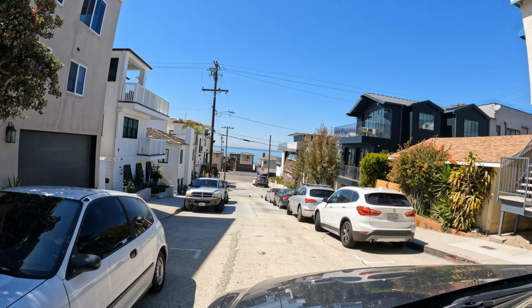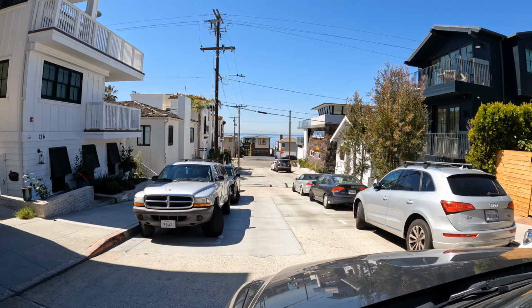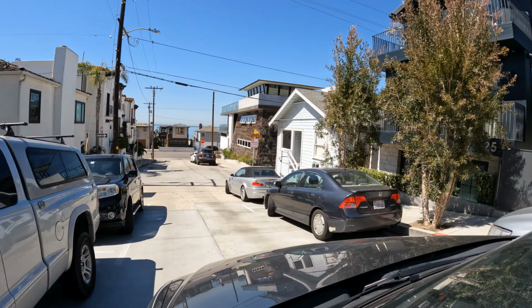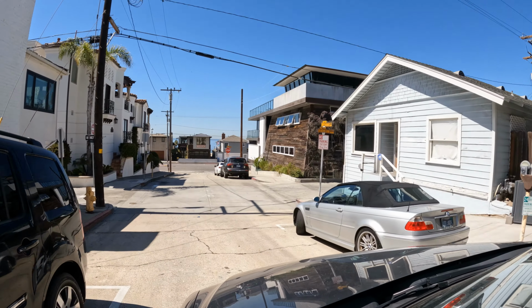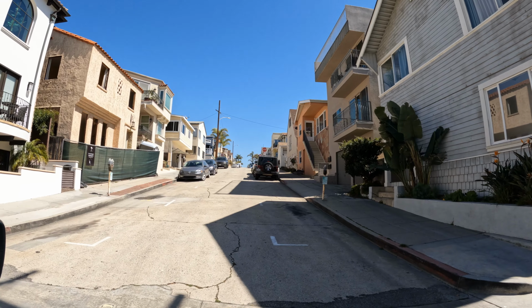So along with the parking comes these very narrow streets in Hermosa. So just something to think about. You've got to drive a little bit slower. It's a small beach town. You've got some pretty steep streets that you're coming up and down as you go up over hills and down onto the beach. So you just need to drive slowly and understand that there's going to be cars coming at you, and you might have to just kind of wait your turn as a car passes,